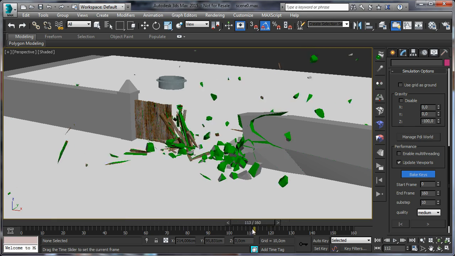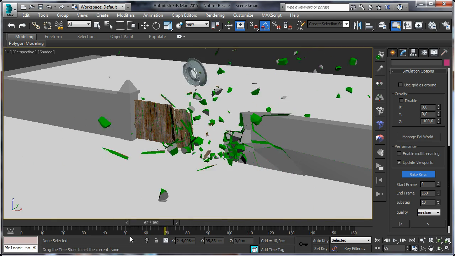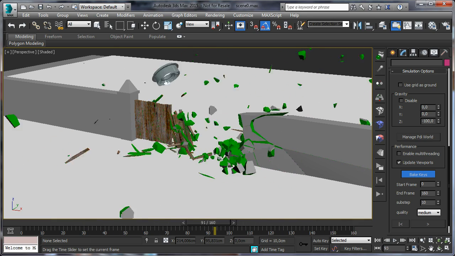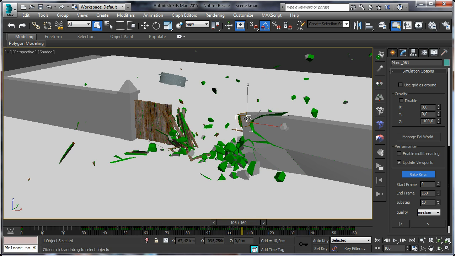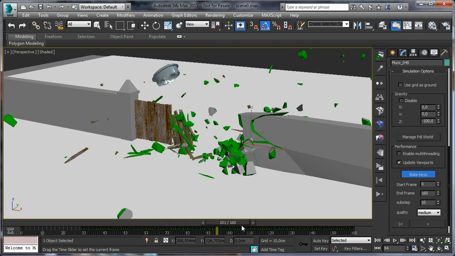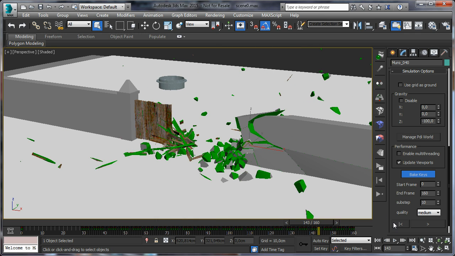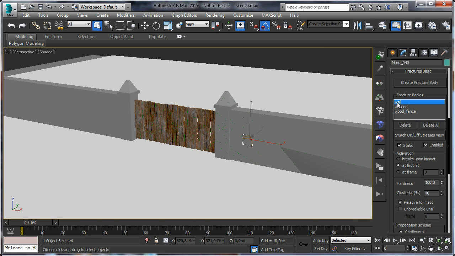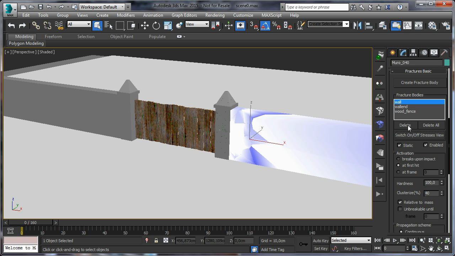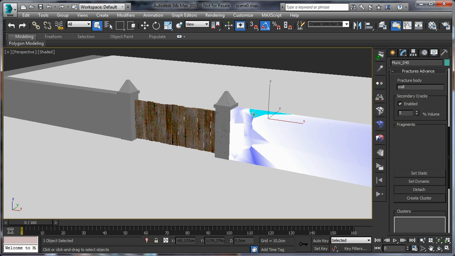maybe in the wall I don't like the big fragment on the right side. This big fragment here I don't like, it is a little weird. I want to get rid of it. So let's reset the simulation, open basic fractures, switch on STSS view, and select those fragments